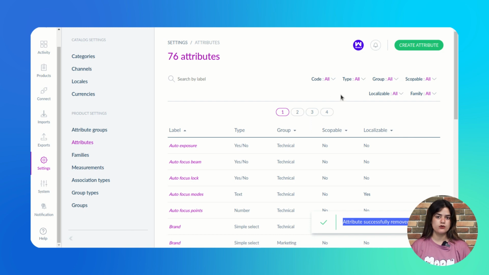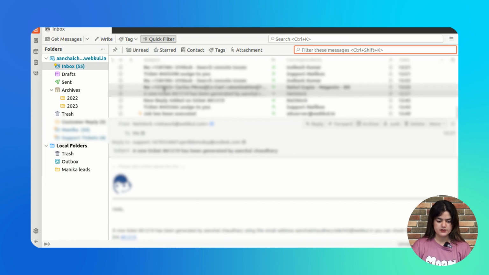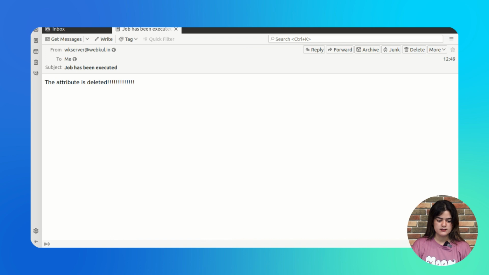So let's have a look at how the user will get that particular email notification. As you can see, that particular email has been sent out to that particular user as well. The attribute is deleted. This way you can create multiple notifications and accordingly you can send the email notifications to the particular users or user groups as well.